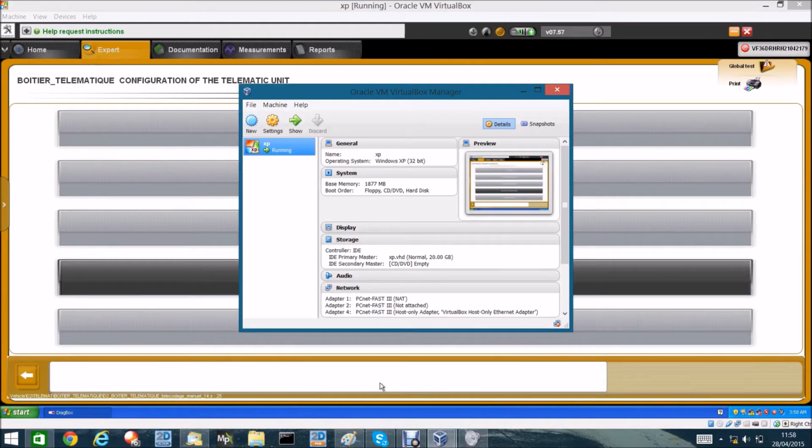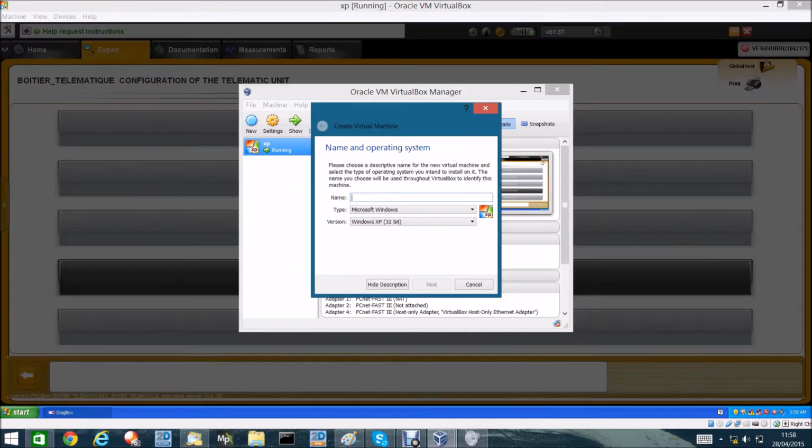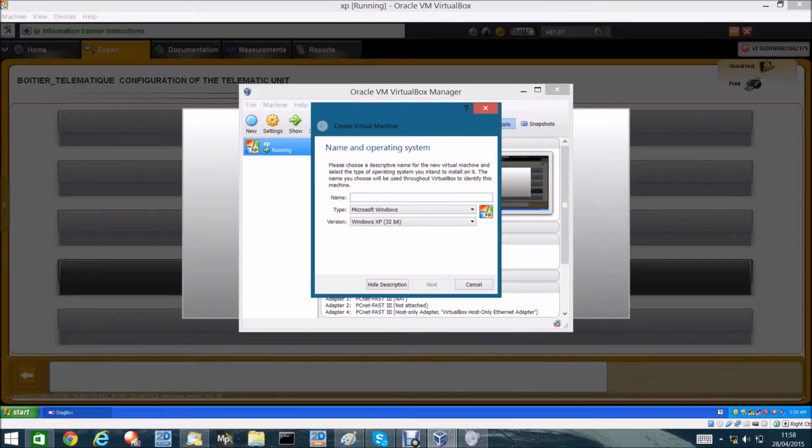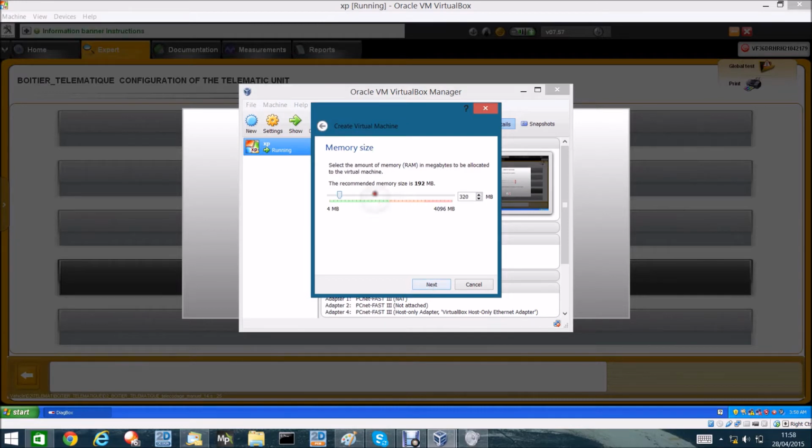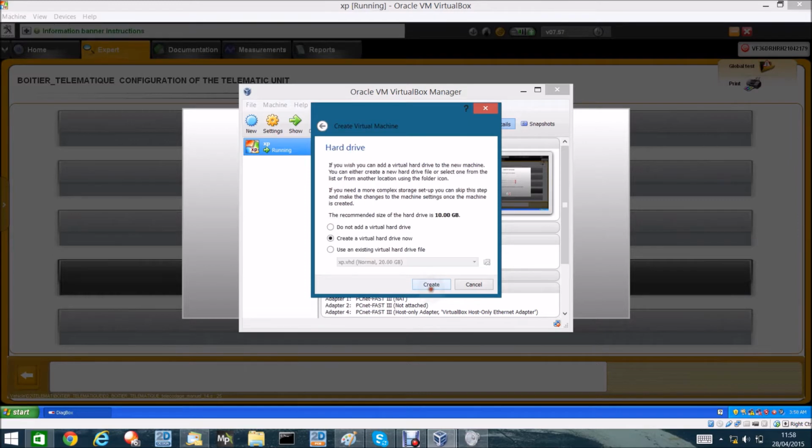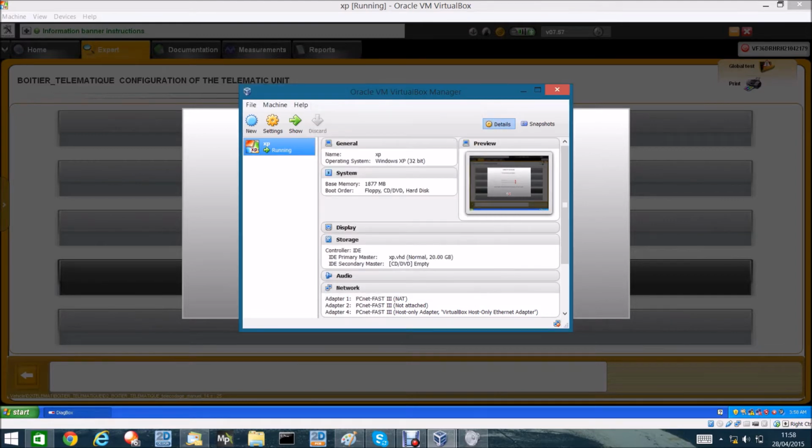In this case, this window will come up once you've installed VirtualBox. When you've installed VirtualBox, you'll click New. You'll type in the name of the machine you want. In this case it would be XP or whatever. You select at least a gig of RAM and you click Next. Then you click Use an existing virtual hard drive, at which point you select the virtual